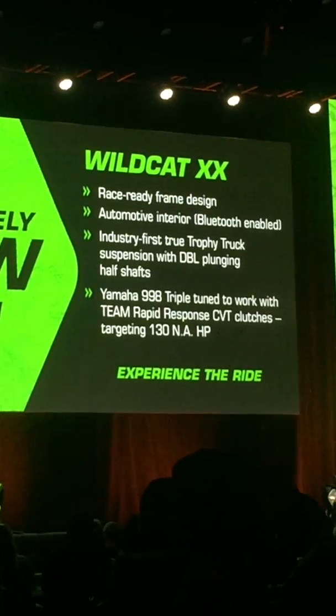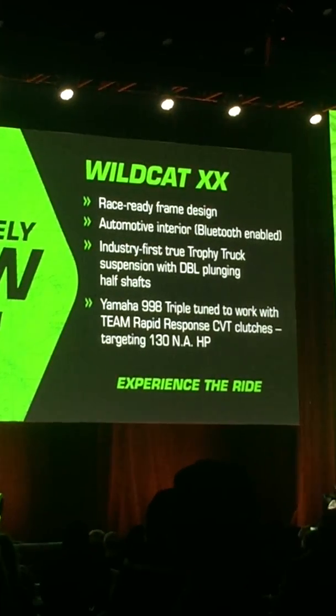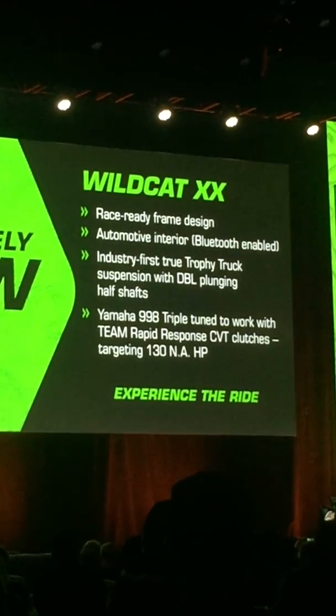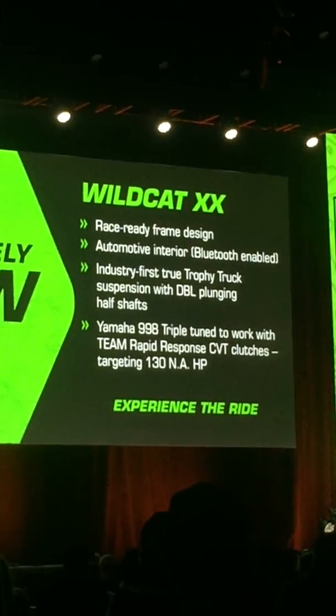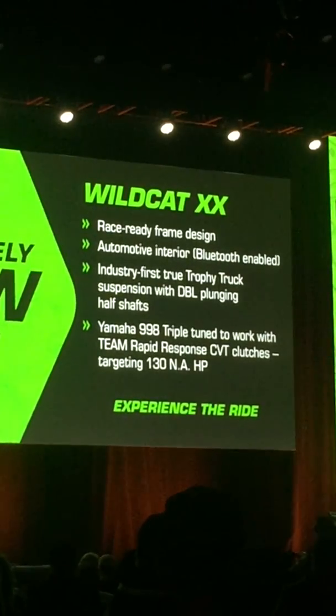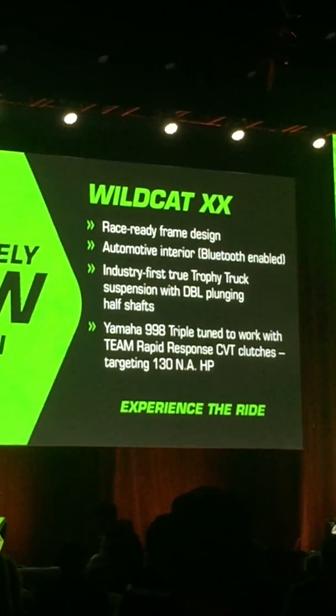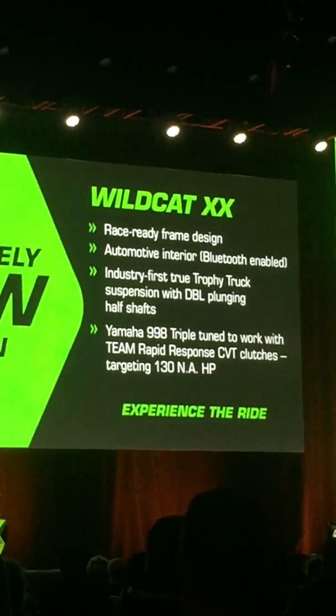All right, I'm telling you firsthand, it looks badass, it drives badass. I'm one of the few guys around who've been able to take it out and put it through its paces. We are going to have this vehicle in a prototype form, keyword prototype form, out at the ERX track later on this week. We want you to have the same experience